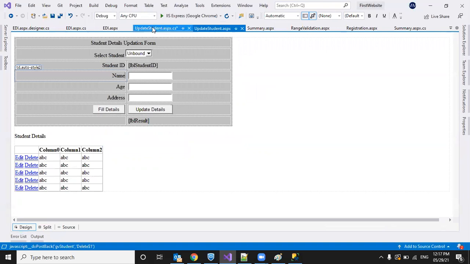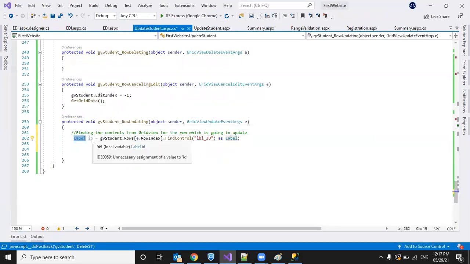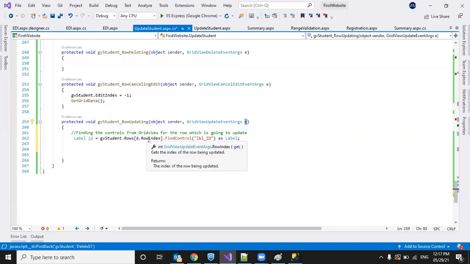That's why I took a label control, label object ID. That value I have to get from GridView dot Rows of which row. We can get it from the row index, e dot. E will store the row index. With that row index I can get that row.